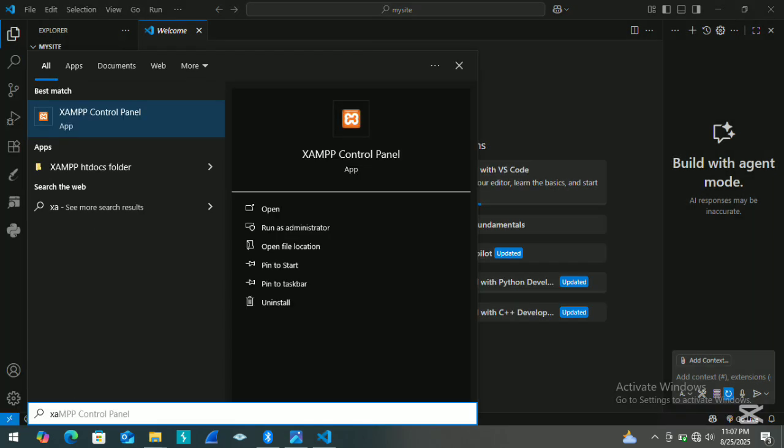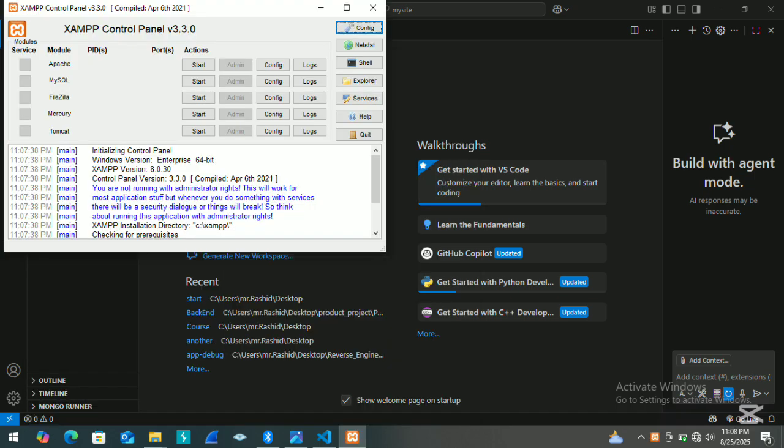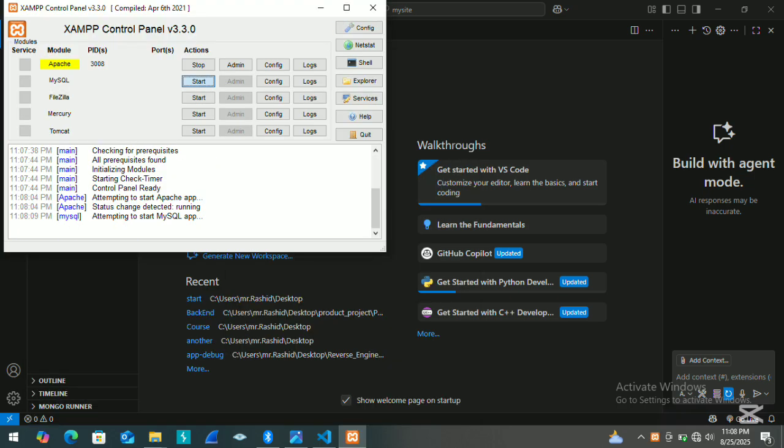After opening the folder in Visual Studio Code, press the Windows key, which has the Microsoft Windows logo, and then type XAMPP Control Panel, and then click Open. XAMPP will open up, and then click Start on Apache and MySQL respectively. After that, go back to Visual Studio Code and create a file named